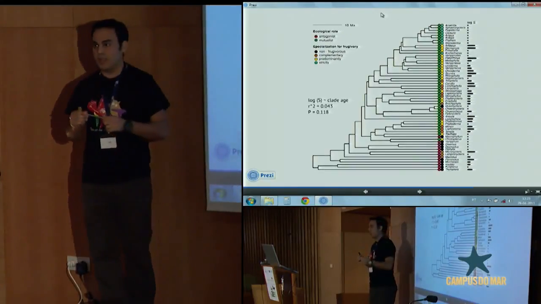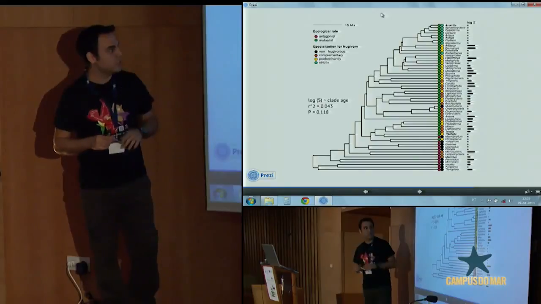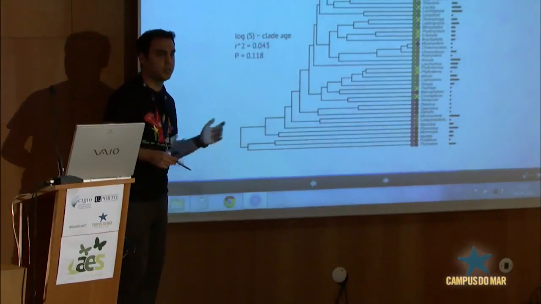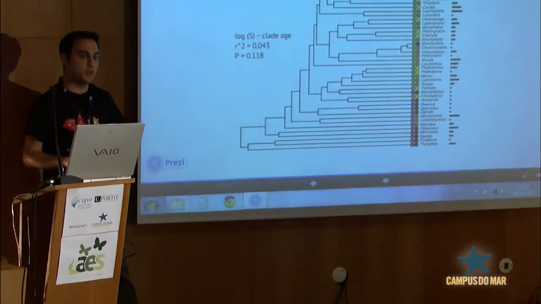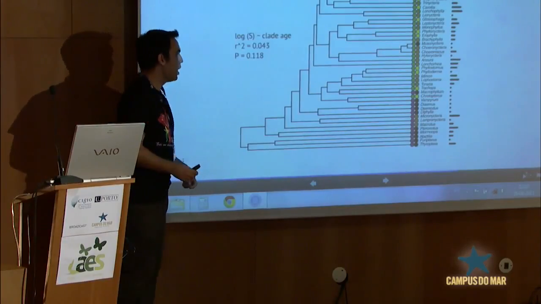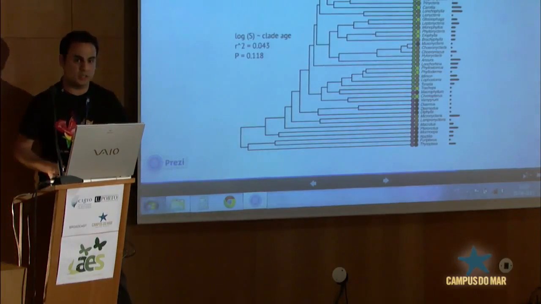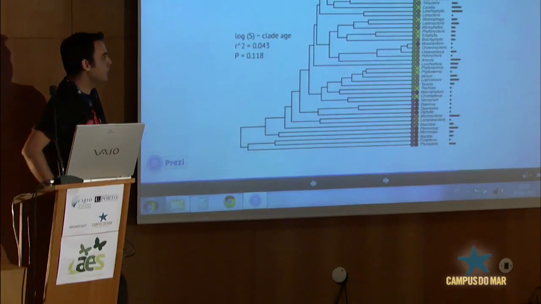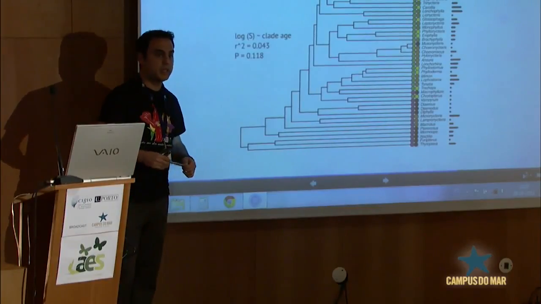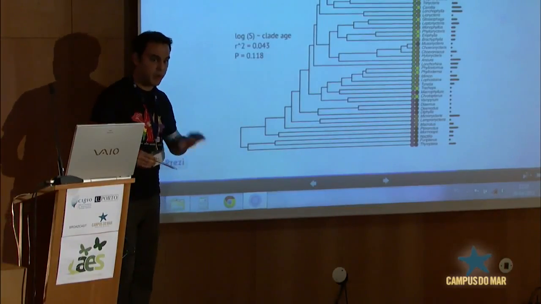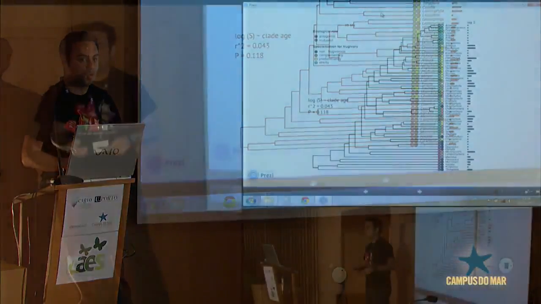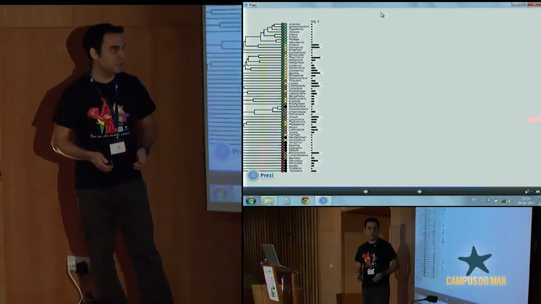We also analyzed the relationship between clade age and total clade diversification, measured as the log number of species richness, to see if older genera are more species rich because of their age. And we found that this relation was not significant. We suggest that the pattern of species richness that we observe is not explained, at least as a main factor, by the stem age of the clades. So we explore which other factors could explain this pattern of species richness.